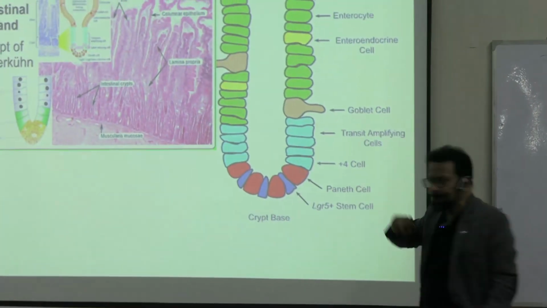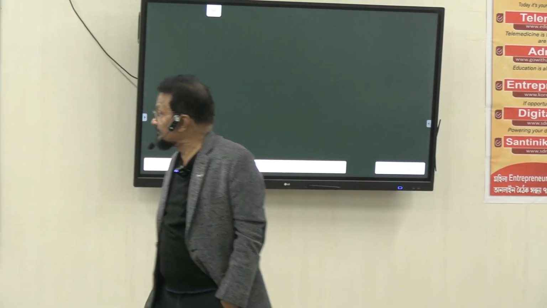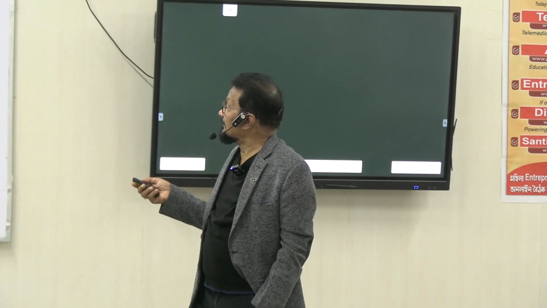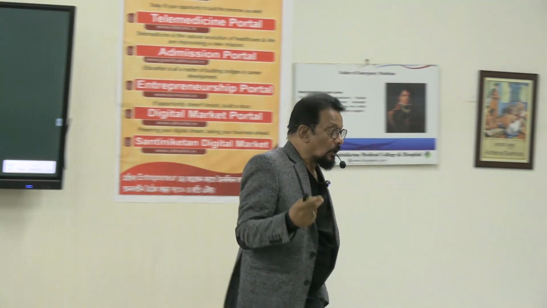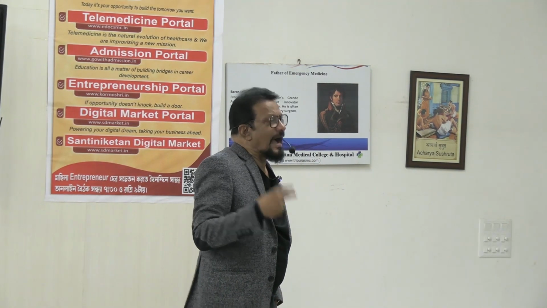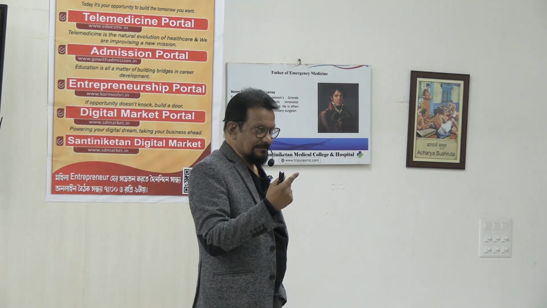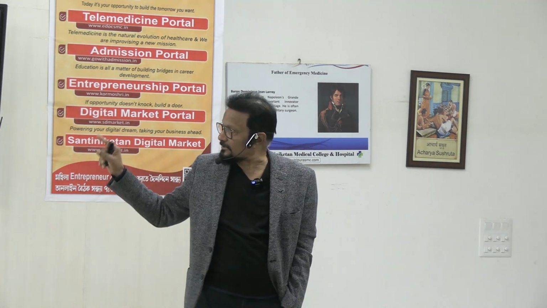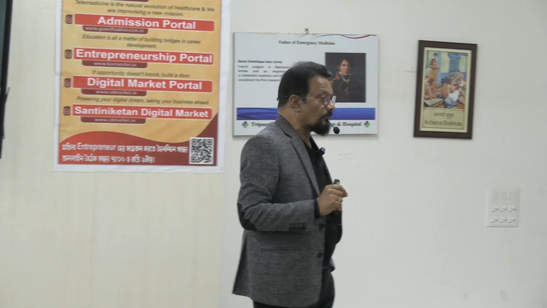What is this? Paneth cells, goblet cells, and enterochromaffin cells or argentaffin cells. So there are different kinds, I cells, S cells. There will be I cells, though it has not been shown. So I cells are responsible for